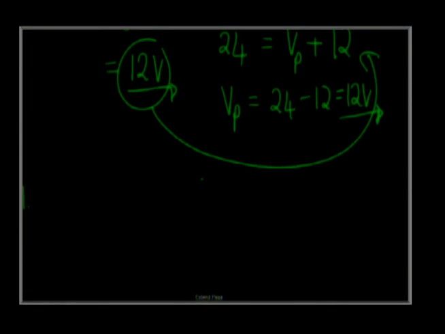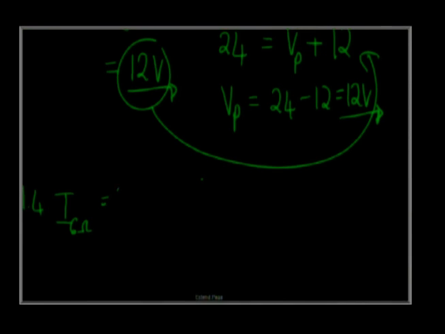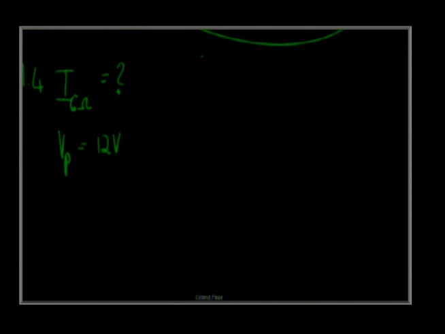So for 1.4, they're asking us for the current through the 6 ohm resistor. Again, pay attention to the footnote. You will see that I use a footnote that tells me what I am dealing with. The current over here is what I want. I know that my potential difference is that of the parallel connection. We just calculated that to be 12 volts. And the resistance for that particular resistor, if I remember correctly, we named it resistor number 1,